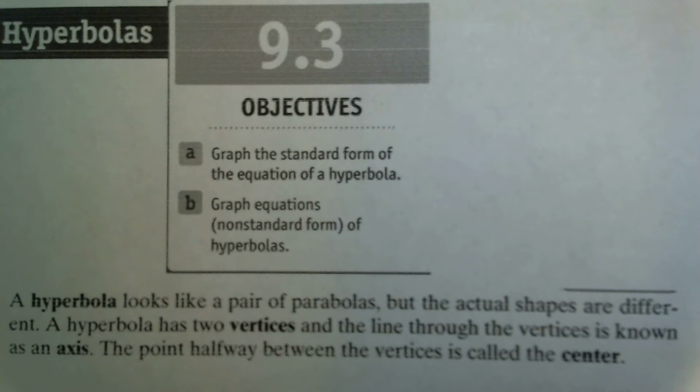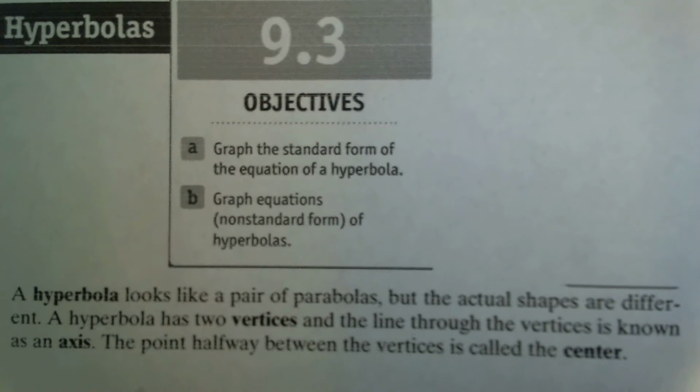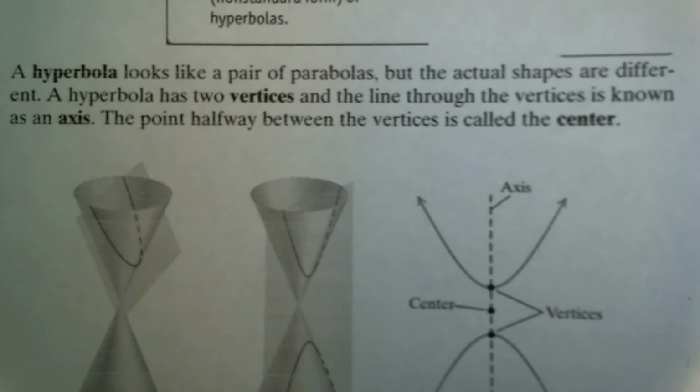So a hyperbola looks like a pair of parabolas, but the actual shapes are different. And one of them is that the hyperbola has two vertices. And the line through the vertices is known as an axis. And the point halfway between the vertices is called the center. And here's what it looks like